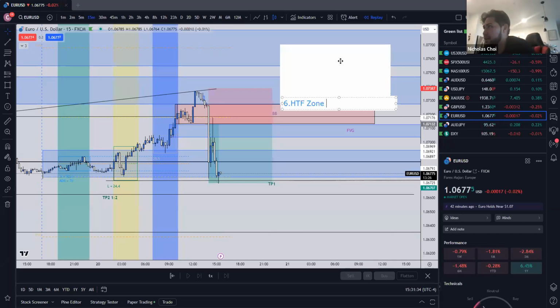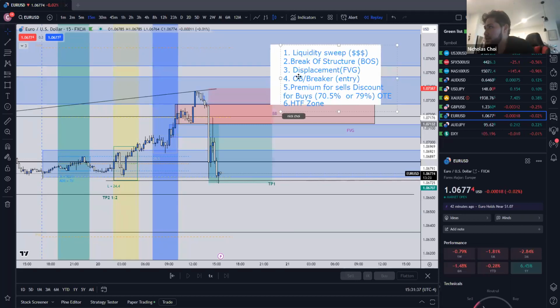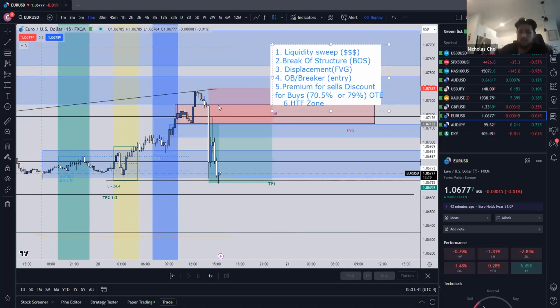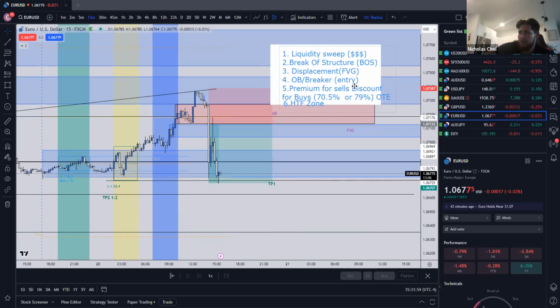So that part right there is extremely important, right? Because this EU trade, this highlighted box right here, that's the H4 order block. Right? So this is complementary to